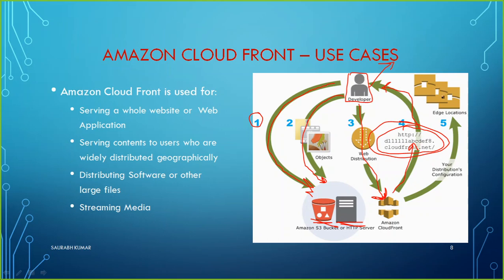So what is the benefit? Every time I request the resource, my request will not go to my bucket directly, it will go to CloudFront. CloudFront will check what content is already cached, and it will respond back with that cache. If anything is not there, then it will send the request to the origin. The origin will respond back to CloudFront, and then CloudFront will respond to me. So Amazon CloudFront works exactly like a cache server. I hope it is clear now how CloudFront works.